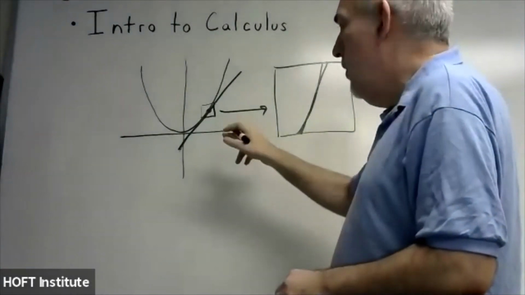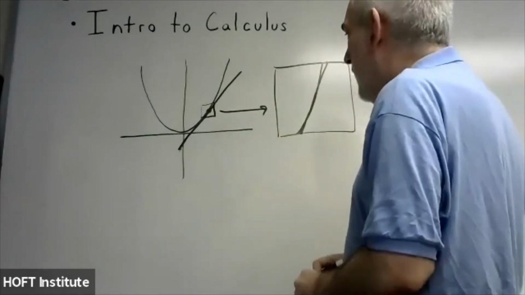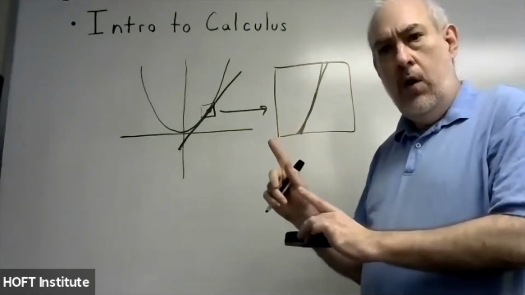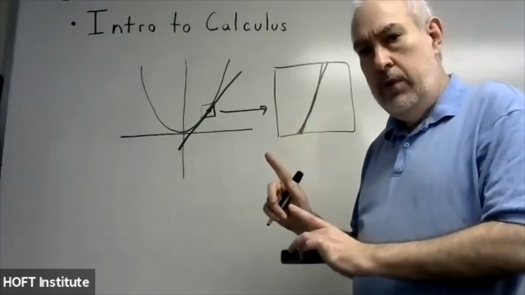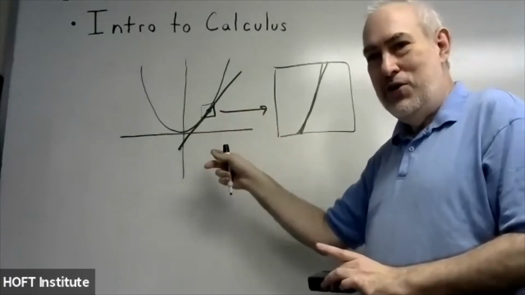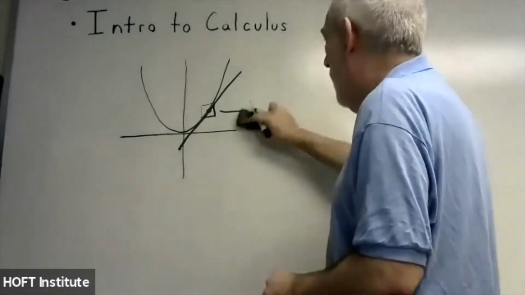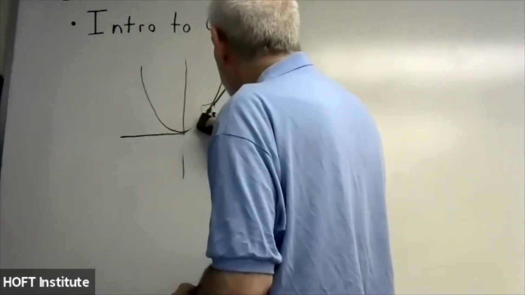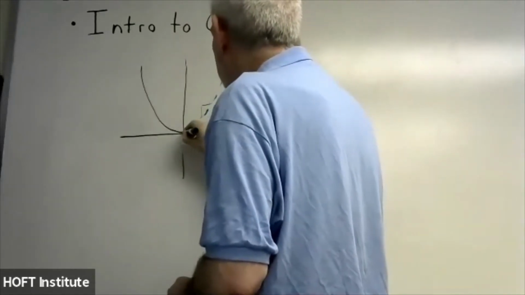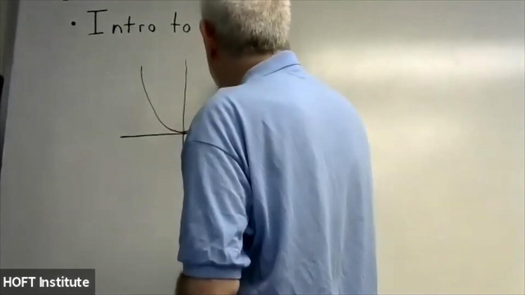And we want to find the slope of that tangent line. And there's no easy way to do that. I mean, we can't do what we did on a straight line, where we take 2 points on the line and then find the slope, because there's only 1 point on this line where it touches the function. Okay, so to solve that problem, what we're going to do is first find what's called a secant line to a curve. Now, a secant line is defined to be a line that passes through 2 points on a function,